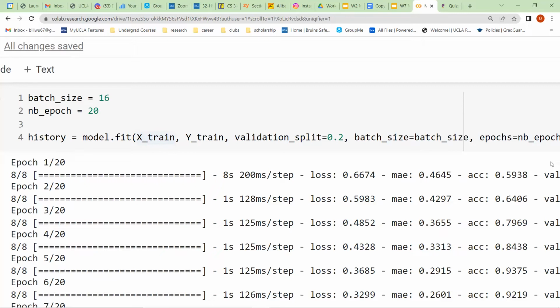Yeah, so the way it works is that we feed our data through the neural network, and then it produces an output, right? We compare this output to what we're expecting it to be. That's what the labels are doing. So let's say we run the neural network and it predicts 0, but the correct answer is 1. It'll be like, okay, I'm wrong. I need to update my parameters based on this, right?